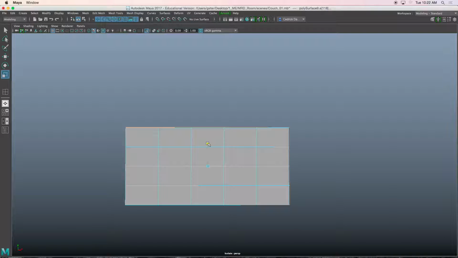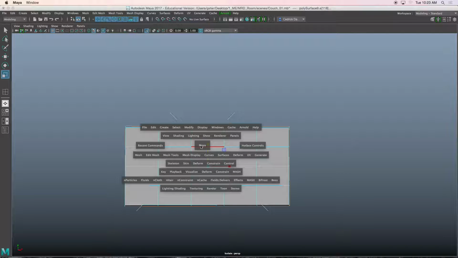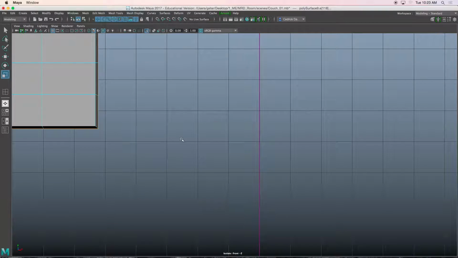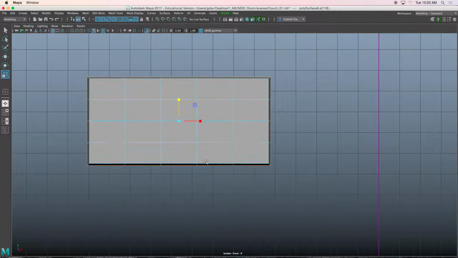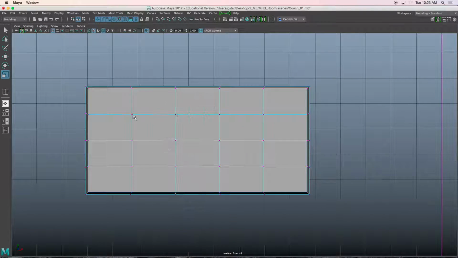Scale it up in the y-axis. Alright. I'll hold spacebar, click on the word Maya, go to front view. Okay. Right mouse click, go to control vertices, highlight, scale that row and that row of vertices a little bit wider,